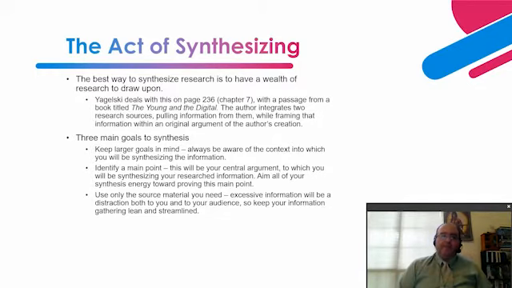argument. Okay. So there's three main goals to writing a synthesis essay. Okay, three main goals. One, keep larger goals in mind. So you need to always be aware of the context into which you're going to be synthesizing information. Okay, whatever your context is, whatever your argument is going to be, you need to keep that in mind as you're doing the synthesis. Next, identify a main point. This will be your central argument to which you'll be synthesizing your research information. Aim all of your synthesis energy toward proving this main point. Okay, everything you're going to do, all the effort you're going to put into synthesizing has to be moving toward